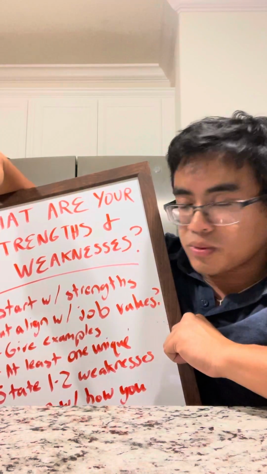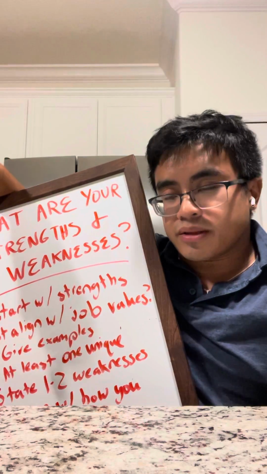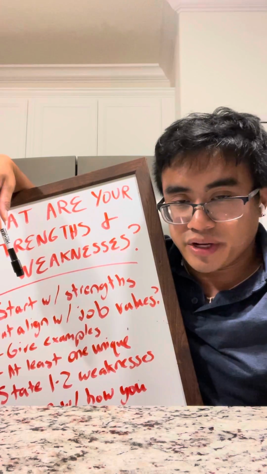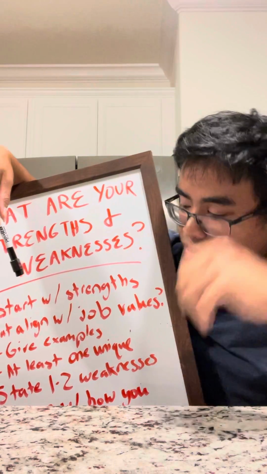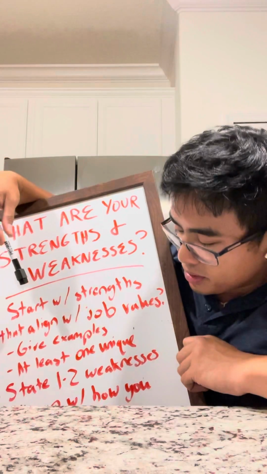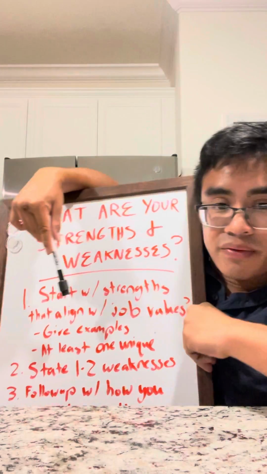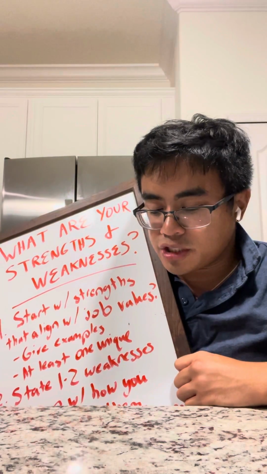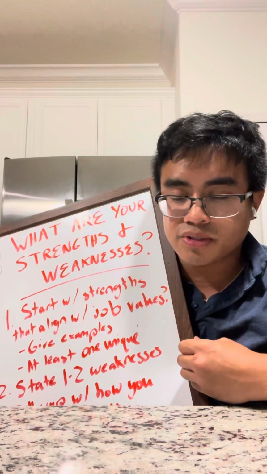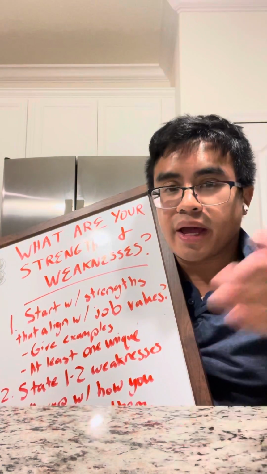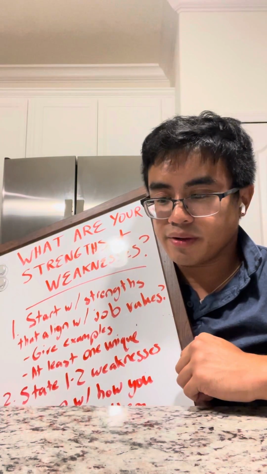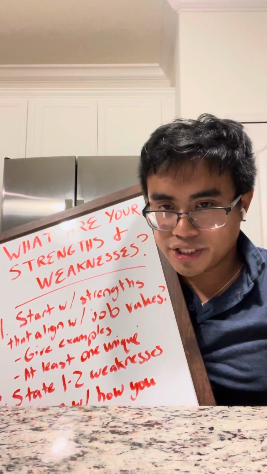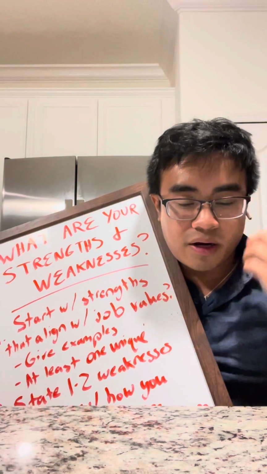When I give examples with one or two, first when you start with one, I say that strength, give an example, a story, how I applied it and how it benefited the company or my teammates that I work with. Then I state the second one and give examples about that too. Usually, I want to have at least one of those strengths that are not appearing in the job description, or a uniqueness, because the company also wants to know that although you can fit right in, can you add something new to the company? And you want to make sure that extra value, like let's say they talk about curiosity and high energy. Perhaps you want to also include